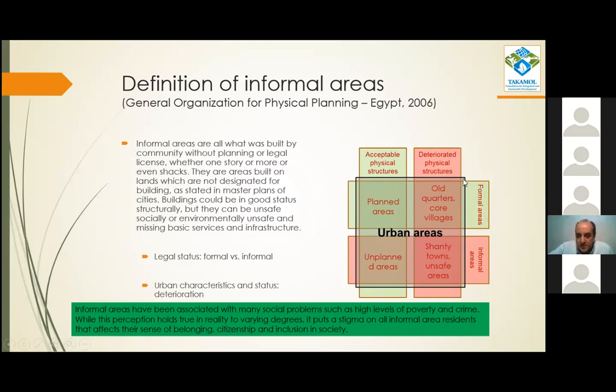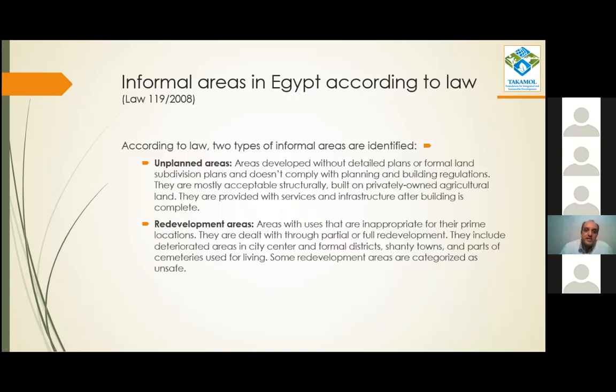But if it is formal areas but deteriorated, we can find this in old quarters and core villages. If it is informal and acceptable, we have the unplanned areas like Dakrur, like any area built on agricultural land. And then finally, we have the deteriorated structures with informal legal status, which we can find in unsafe areas. In 2008, the Informal Settlements Development Fund, ISDF, was created,